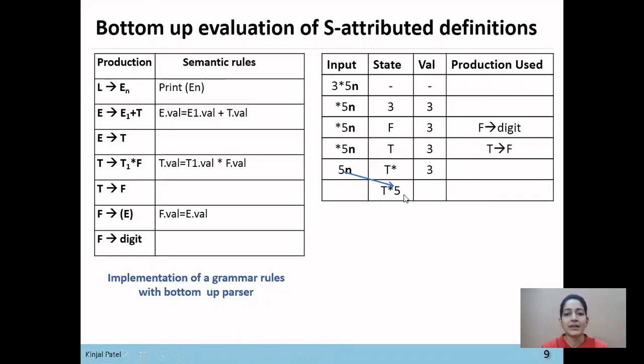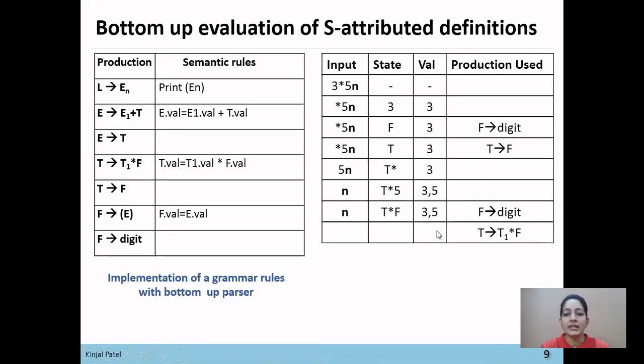So T star 5, and in value there are 2 values, 3 and 5. Now next this 5 will be replaced by F as we want to perform T1 star F. So 5 will be replaced by F using the production rule F derives digit, so T star F, and there are values 3 and 5 in the value attribute.